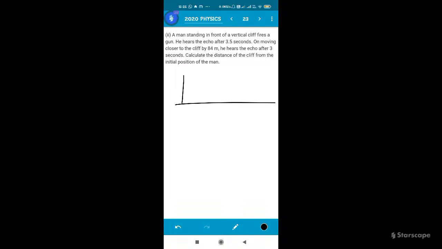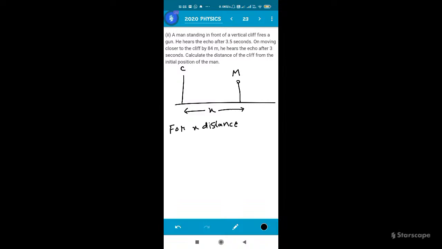This is the cliff and this is the man. Okay. So he's standing in front of a vertical cliff and he hears the echo after 3.5 seconds. So let us consider that initially he was standing at a distance of x. Okay. So for x distance,